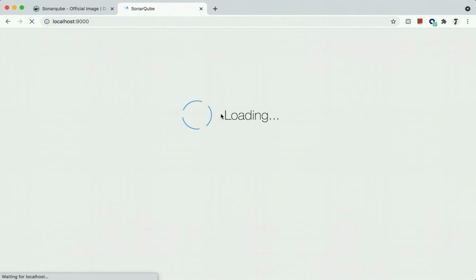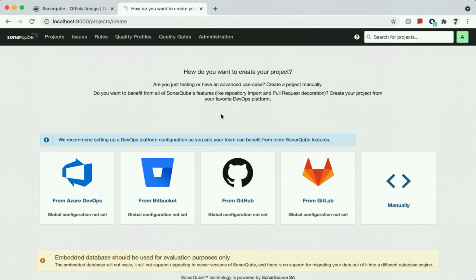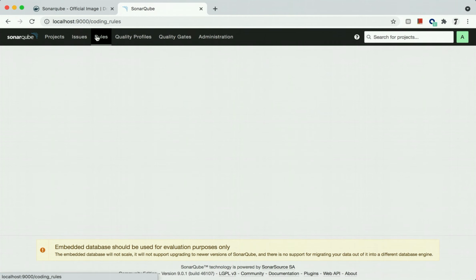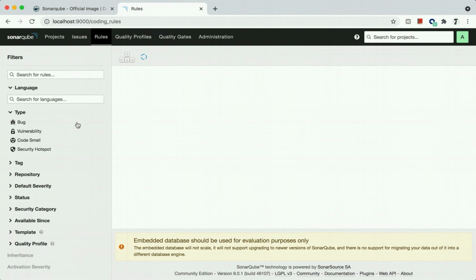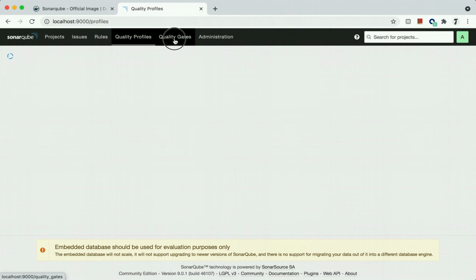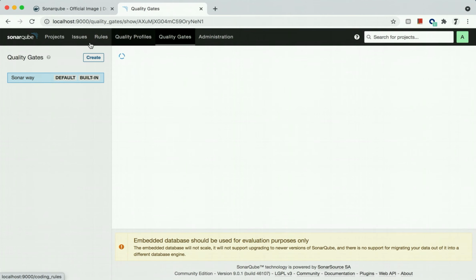The password has been changed, and it will redirect you to the dashboard page where you are able to see all your projects. You can configure the projects and update the rules. It lets you set up a DevOps platform like your GitLab or anything from here, where you can pull the code. Whatever the recommended tools or things you are using, you can use them, or you can manually import. In issues and rules, you can set up the rules based on your language. You can customize the rules. You can mention the code quality profiles here.